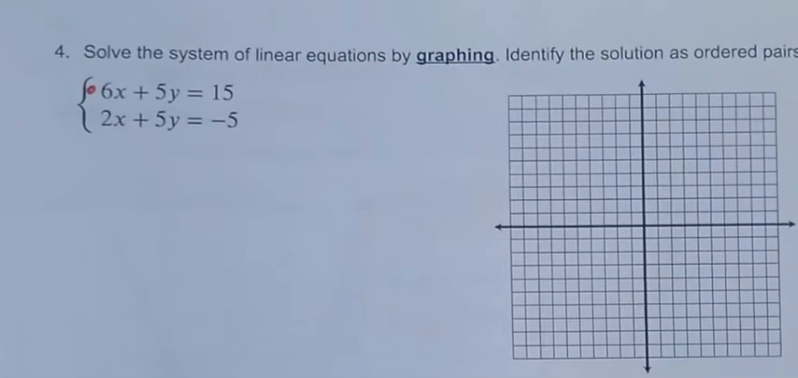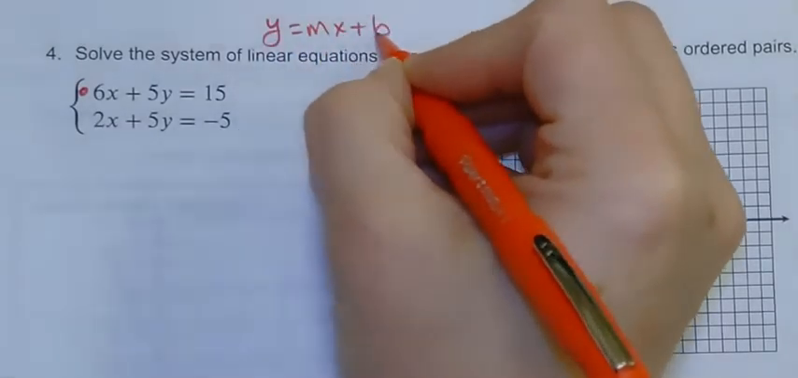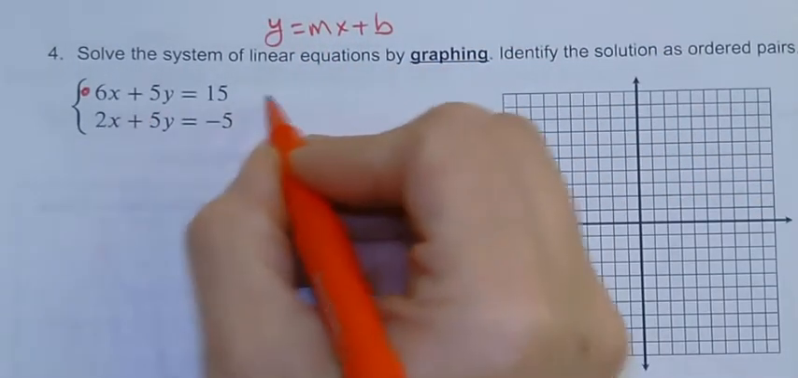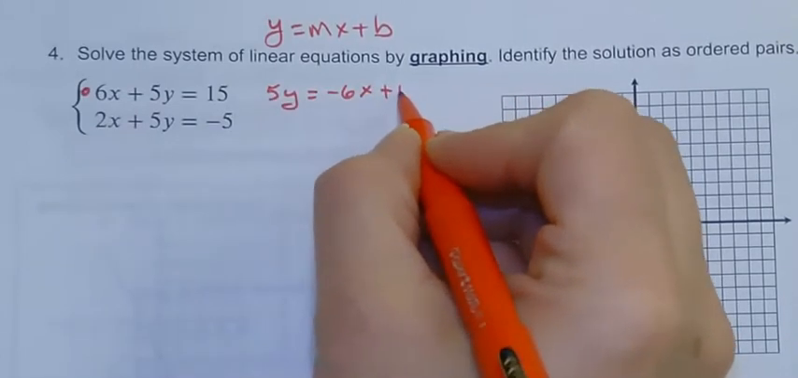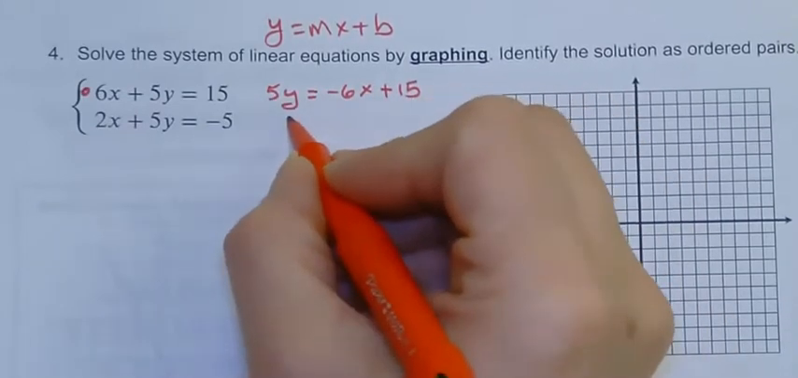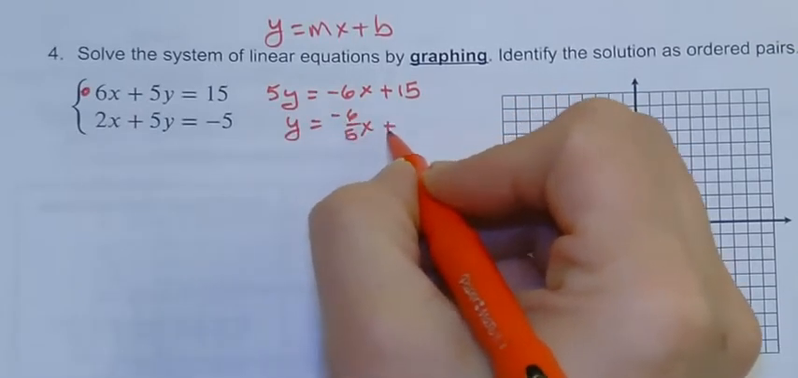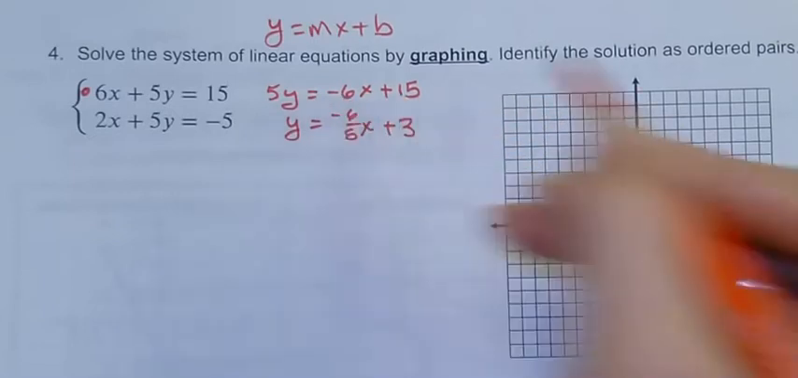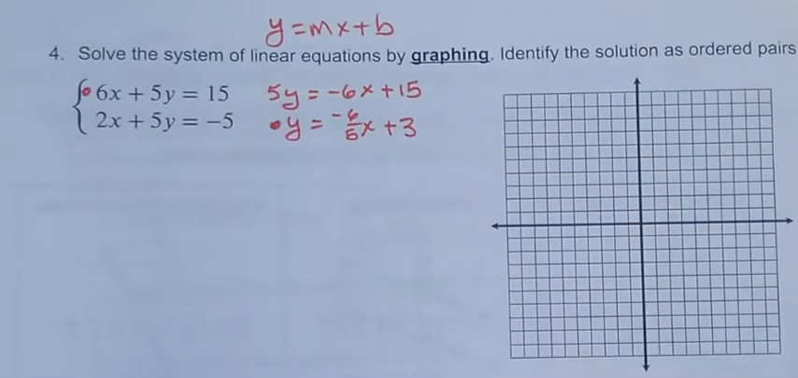So remember, slope-intercept form is y equals mx plus b. So we're just going to rearrange. This would be 5y equals negative 6x plus 15, and that makes y equals negative 6/5 x plus 3, dividing every single term by 5. That's my first equation, and my second equation is going to be